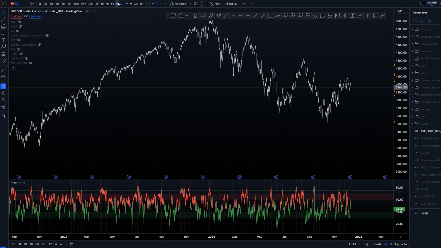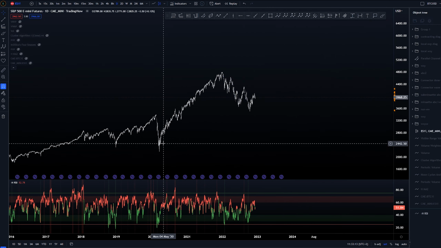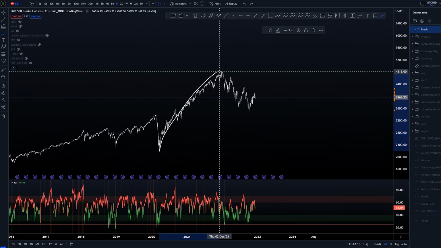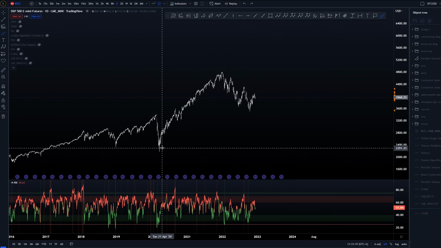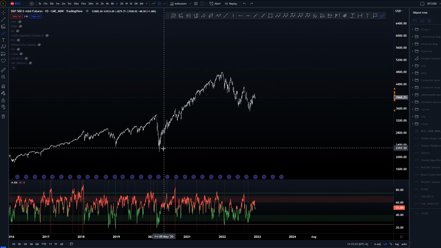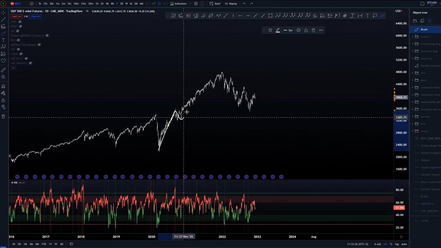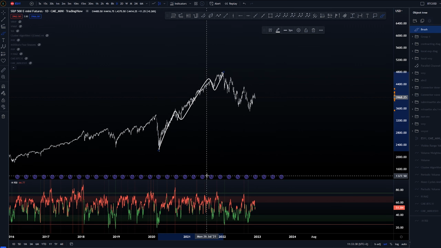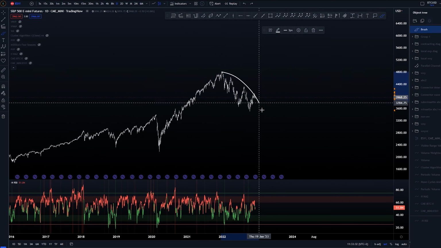Again, the idea overall has been that we have created some kind of five-wave move from the lows of March 2020, and now we would be correcting that move. We are pretty confident that this is indeed done, and we would have something like this as a 1, 2, 3, 4, 5 in this scenario. Then we would be looking for that correction.